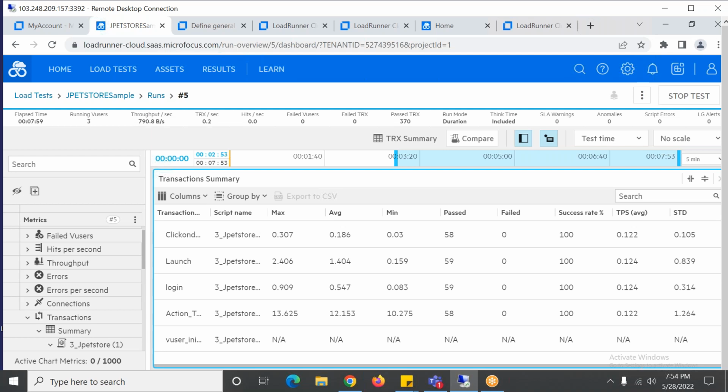So for 1 month, 1,000 virtual users, and how many virtual hours will we get? No, for 1 month we don't get virtual users, only virtual user hours.